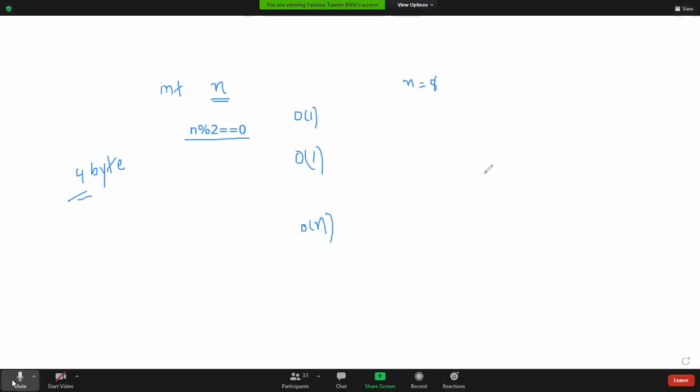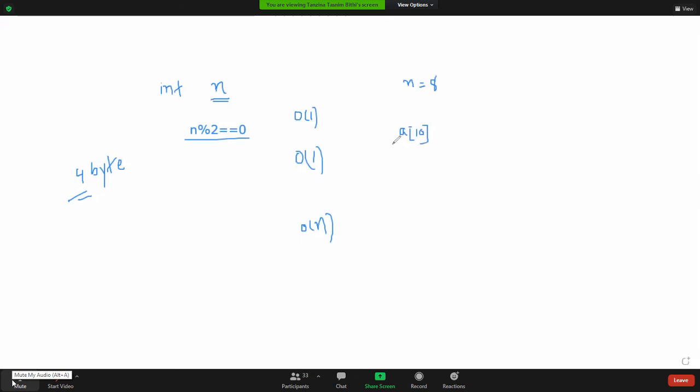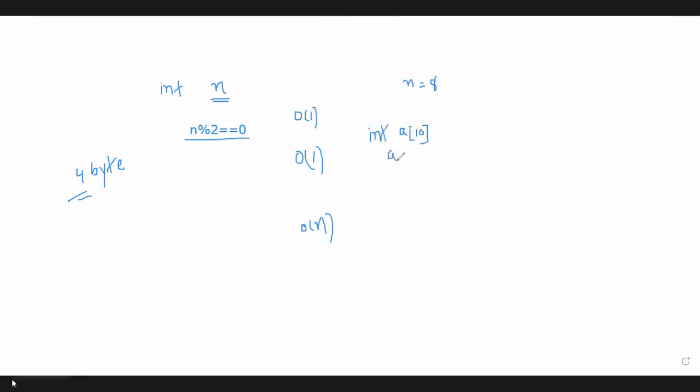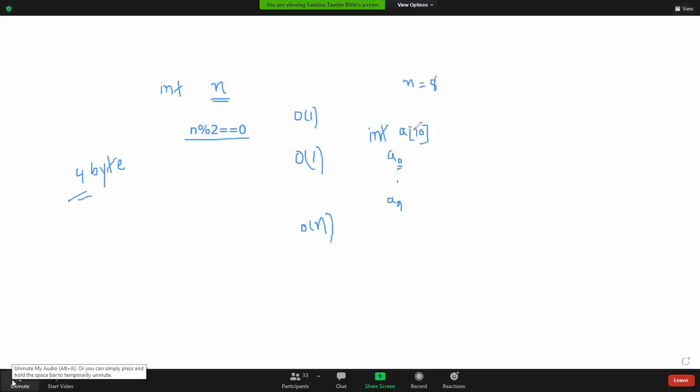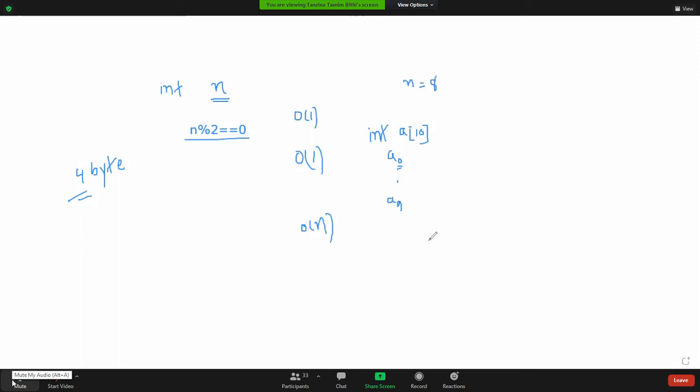But when we need more than one variable in our program, suppose you want to add some numbers, or in any other program, suppose you have to use an array and the array size is 10. This A10 is an integer type array, and how many elements are here? Total 10 elements from A0 to A9. If we use zero-based indexing, then the first index value will be 0, and the last one will be n-1, that is A9. So when we declare an array variable A, this array variable will take how many memory locations? 10 consecutive memory locations.